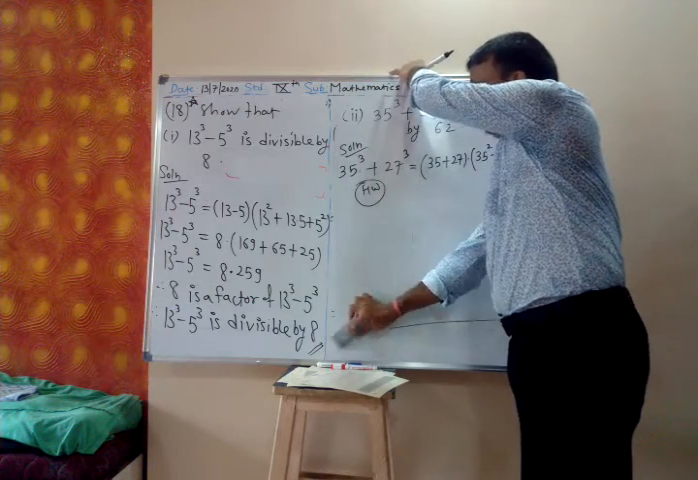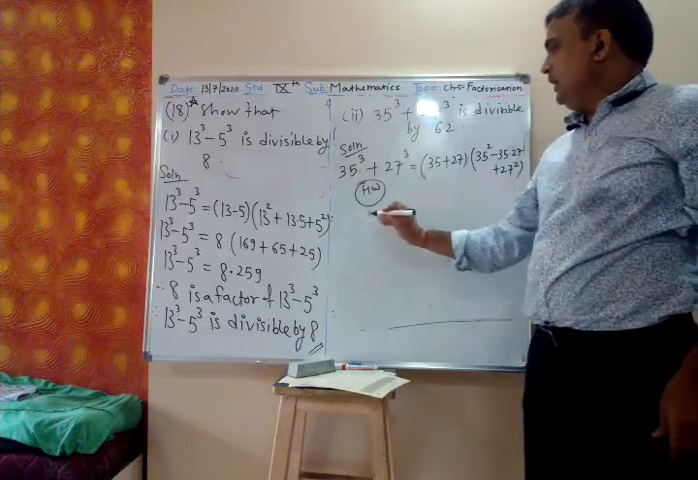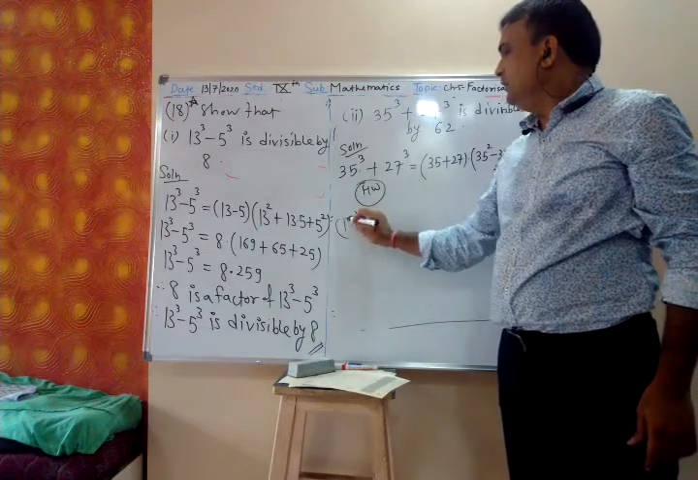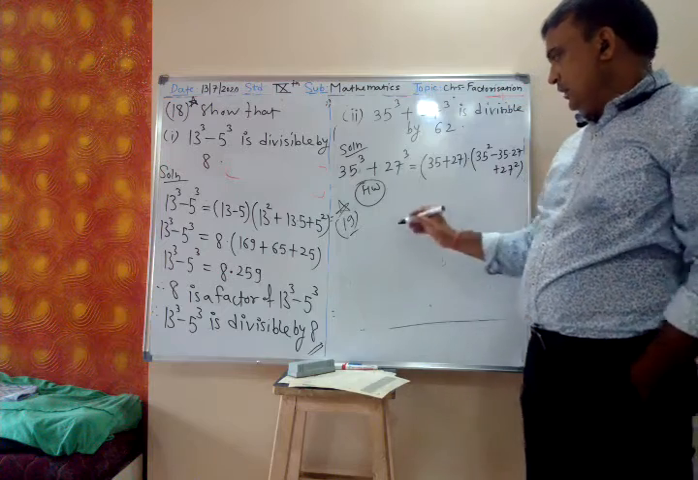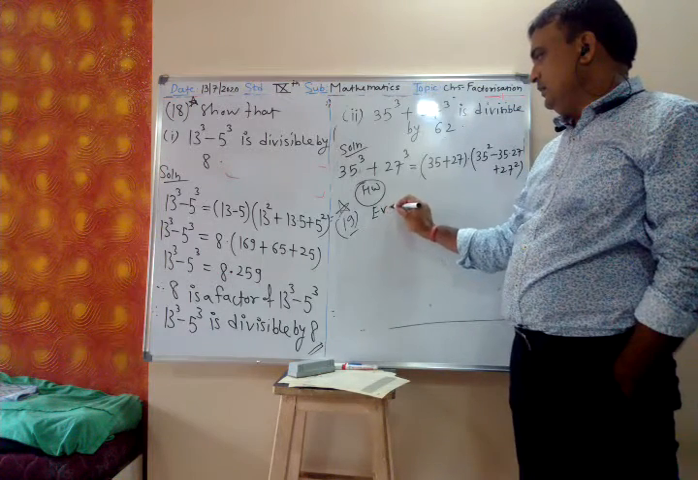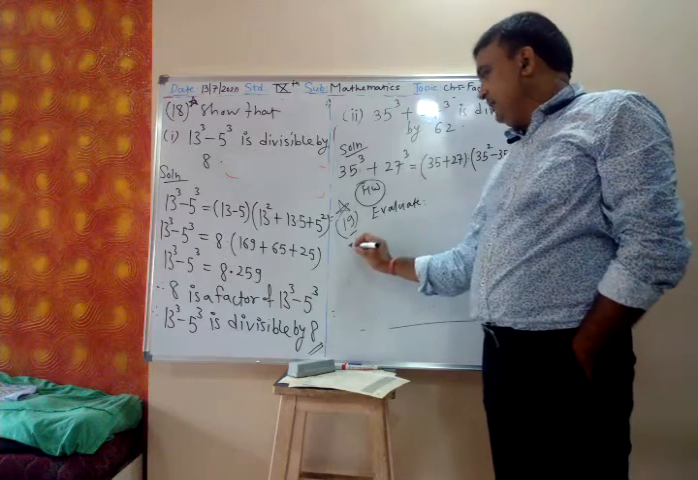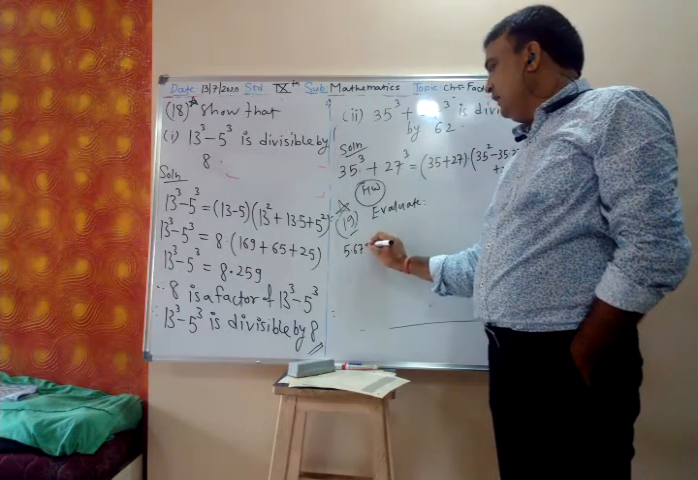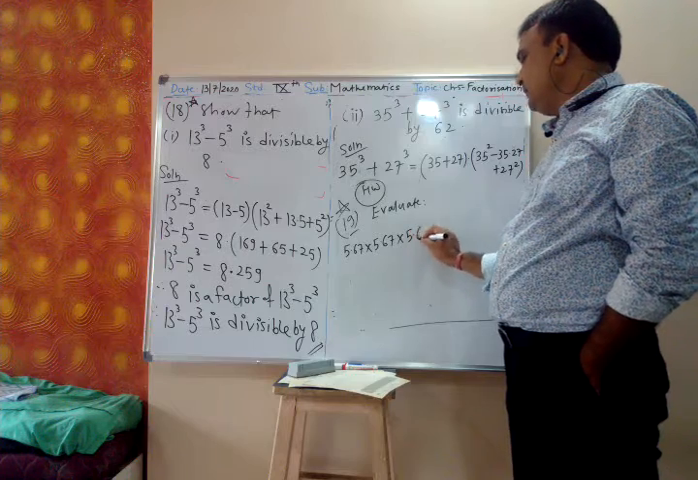Now the last exercise of this 5D, question 19. Mark it important. You have done this in the expansion. 5.67 into 5.67 into 5.67